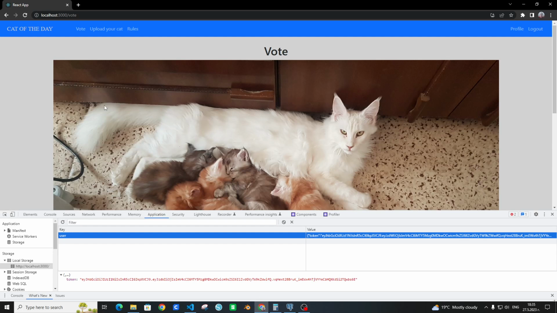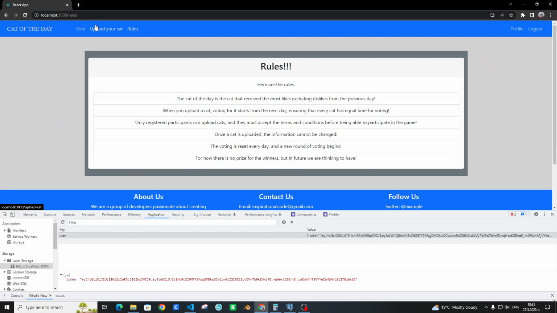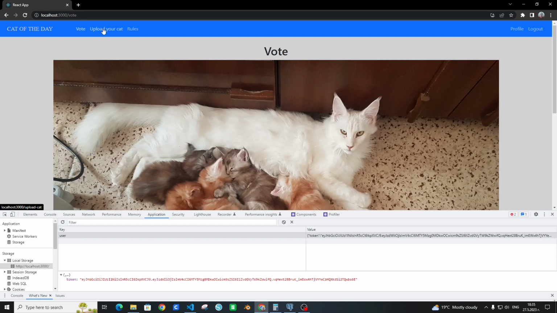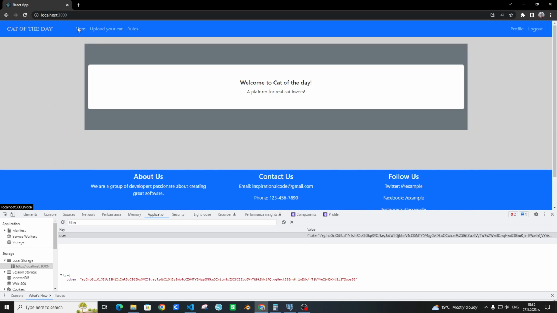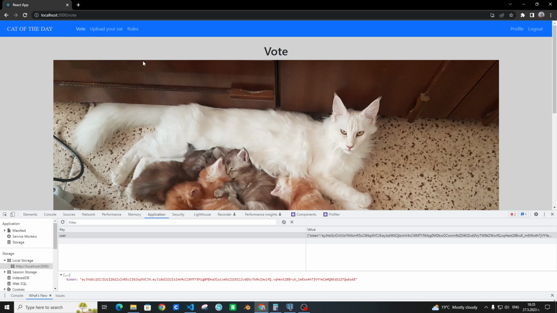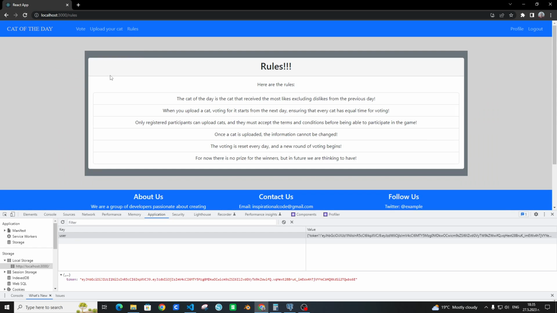Usually this works really nice, so we can switch between the pages. You can see on every trigger we are receiving the photo. When we reload, we can see we are still logged in.